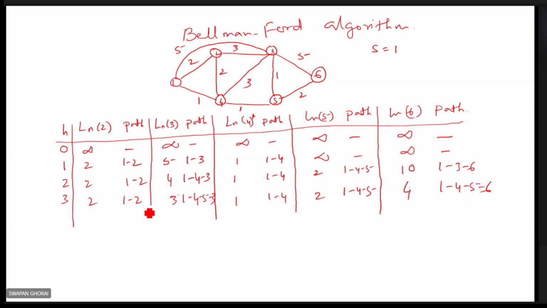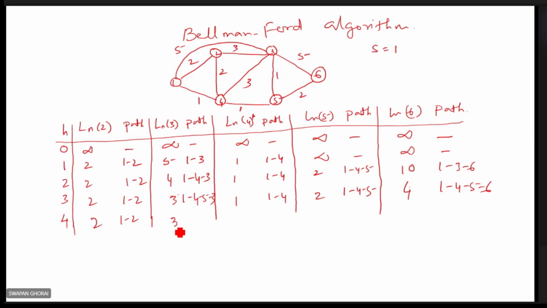Now, right. Now 3 hops you have considered. Now consider the 4 hops. With the 4 hops, it will not change anything. So 1 to 2, it will be 2 as such. Now with the 4 hops, can this 1 to 3 change? It will not. See, this is the minimum cost path. So there will not be another path available which will be less than 3.